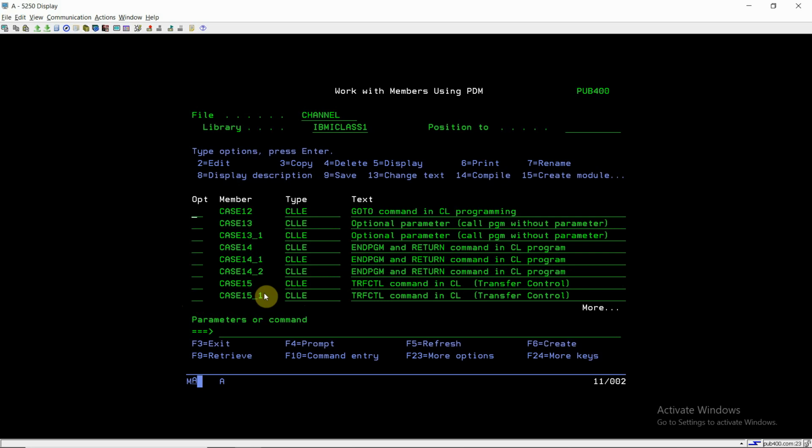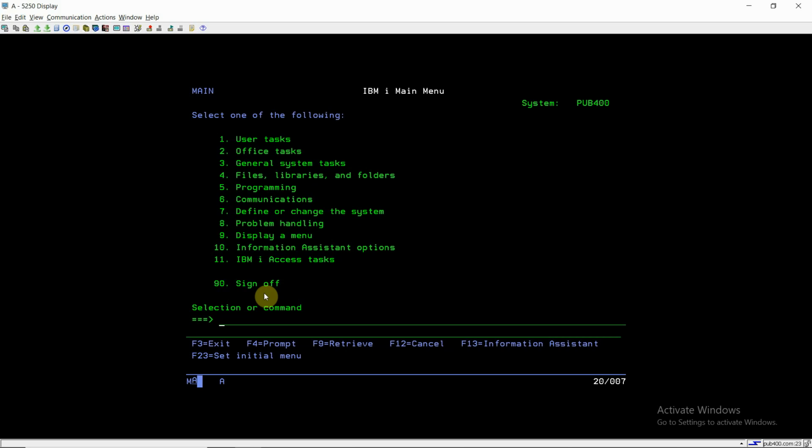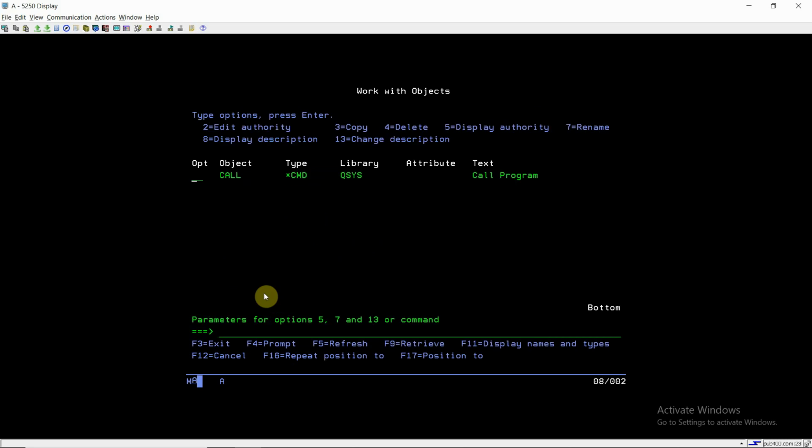That's all in this video, and I cannot give you a demo for this because, as you can see, if I do work object on the call command, I can see the call command object, but I won't be able to see this. It is not present on this machine.